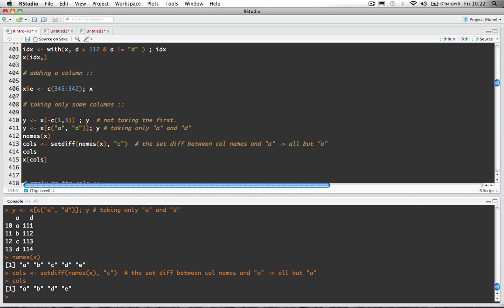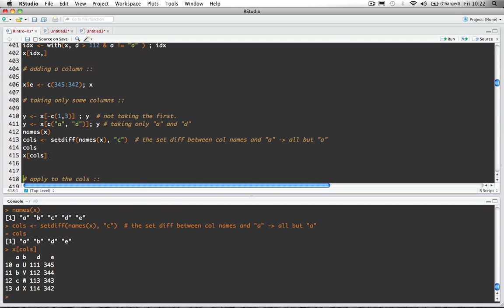So it's the ones which are here but are not here. Okay, so then I can subset now my, and this is like taking out column C. This is important because sometimes our data contains a lot of columns and they are named very different, and it's really tedious to make like